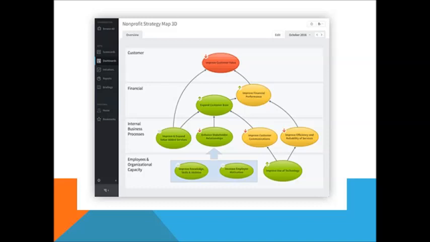Then comes the internal business processes, wherein improvement is checked for each and every business model that is present, and then we proceed to the next level. The next one is the employees and the organizational capacity in terms of learning and training. Now when we join a company, we have seen that the first thing that takes place is the training and development, wherein they introduce the company through its spirit and integrity, and they give you a lot of details about their expectations from each one of the employees and what the employees can do towards the end of the day.